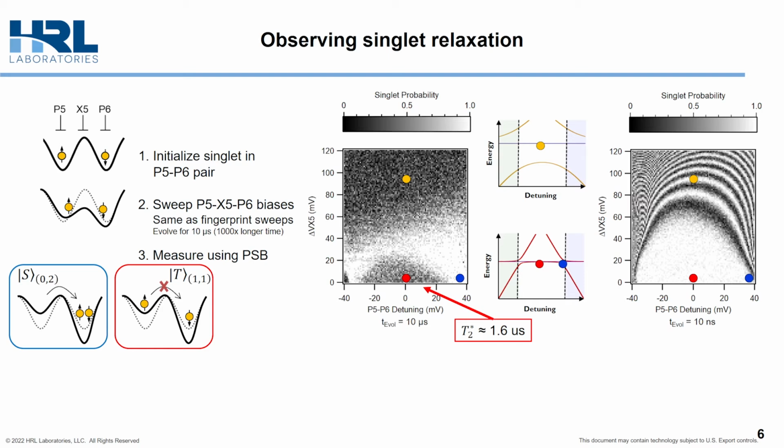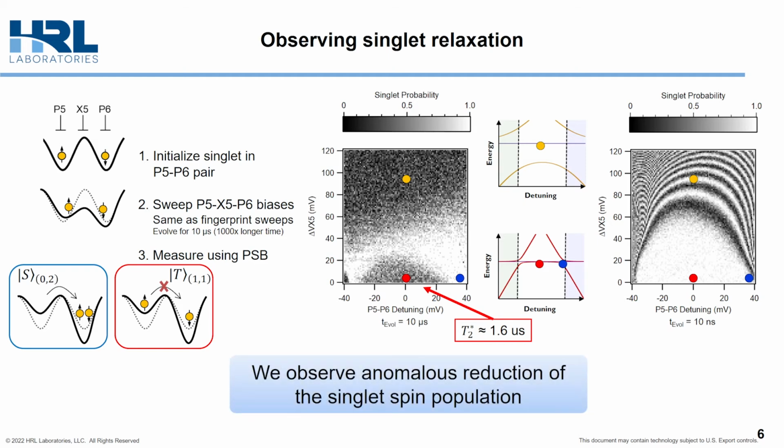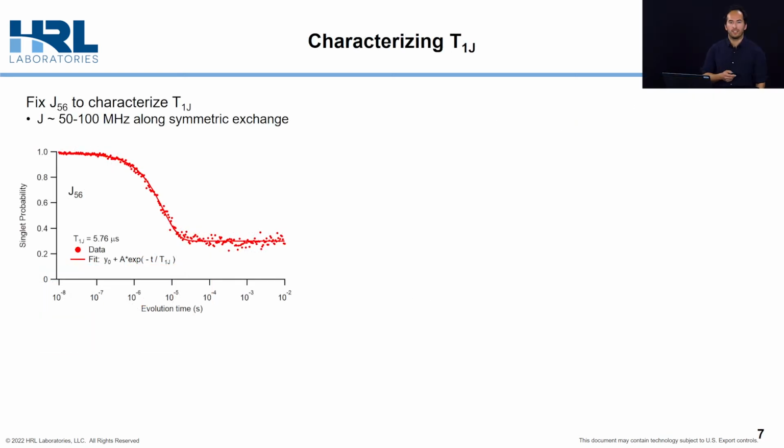At high J, the singlet is an eigenstate of the exchange Hamiltonian, and so any charge noise affecting J wouldn't result in dephasing of the state. This upper region of the scan, however, is dark and indicates a reduction in the singlet spin population, which I hopefully made clear is not due to charge or magnetic noise, and is instead an observation of the singlet undergoing relaxation. We can characterize the relaxation time, denoted T1J, as the